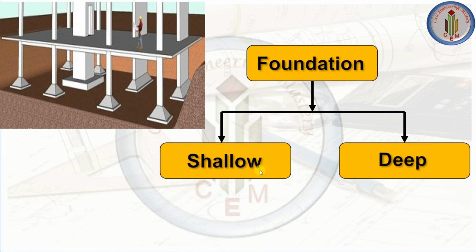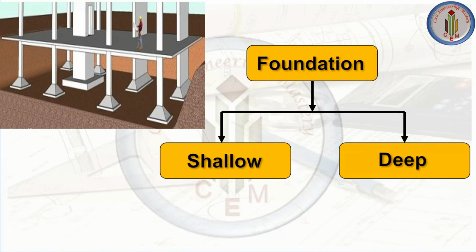There are two types of foundation. One is shallow foundation and another one is deep foundation. If the depth of foundation is equal to or less than its width, then that foundation is called shallow foundation. Similarly, if the depth of foundation is more than the width, then it is called deep foundation. Shallow foundation is used for normal buildings and light buildings. So whenever we have adequate bearing capacity at reasonable depth, then we can go for a shallow foundation. Deep foundation is used if the bearing capacity of soil is less, and for heavy load structures like bridges, towers, tunnels, etc. Or if the soil is too weak, then we have to go for deep foundation.